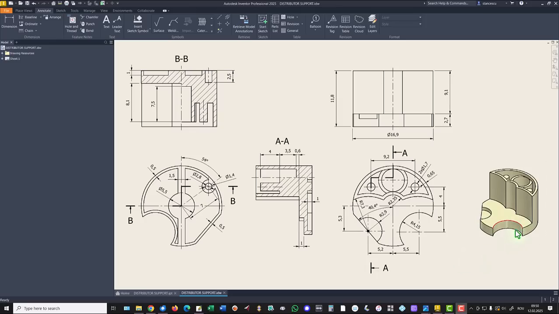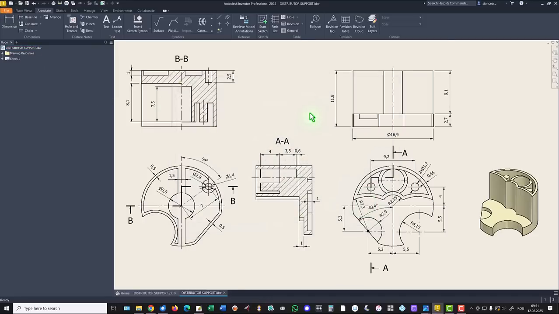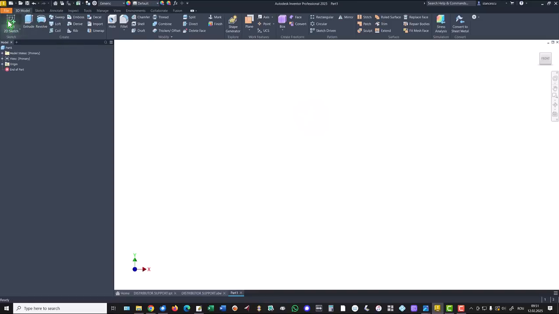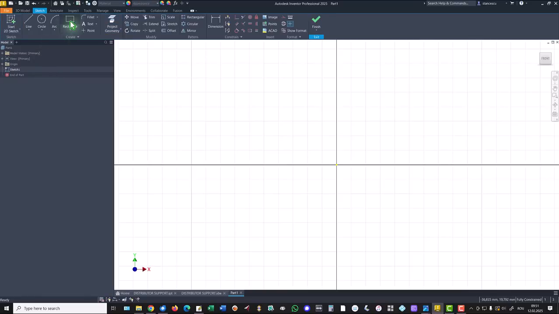We start with the base, 16.9, 2.7. New standard millimeters IPT, XY plane, rectangle, tab